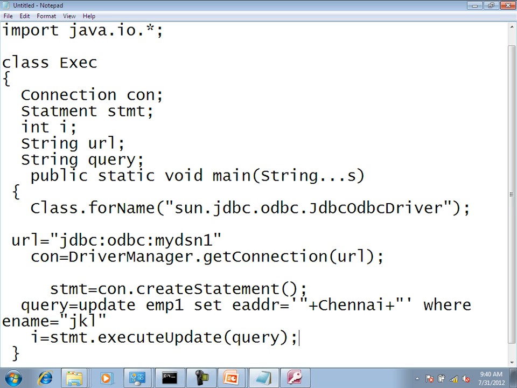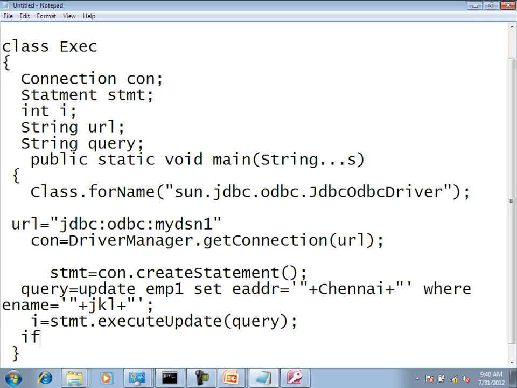Again single quote, plus, double quote plus, and this one. Plus inside this. Now semicolon and